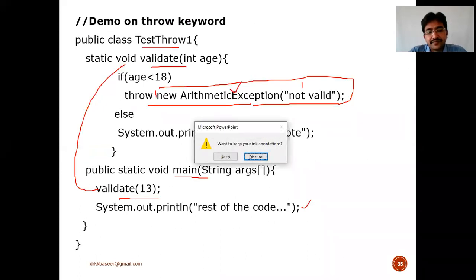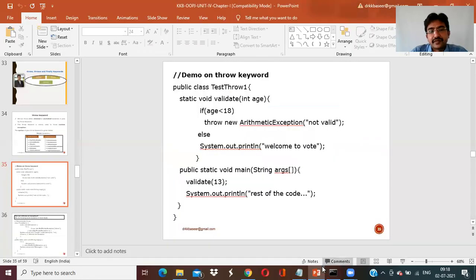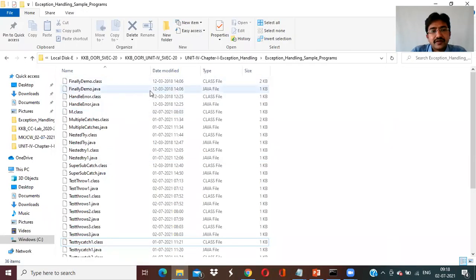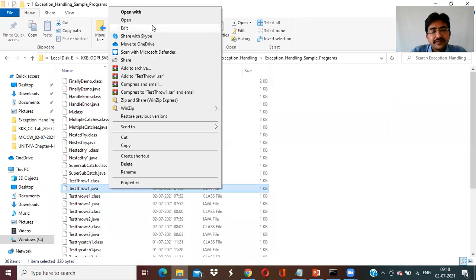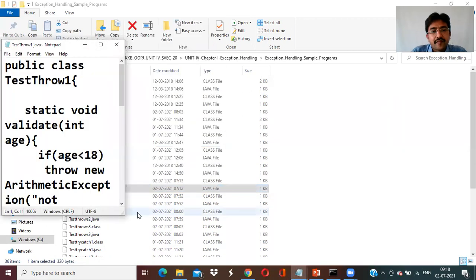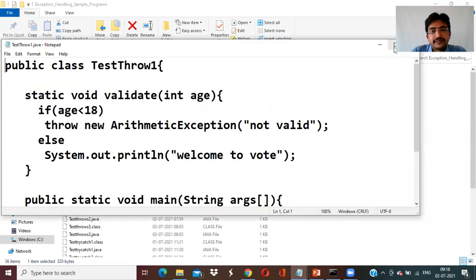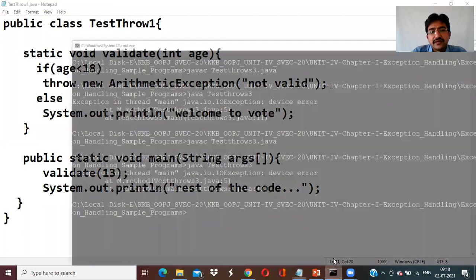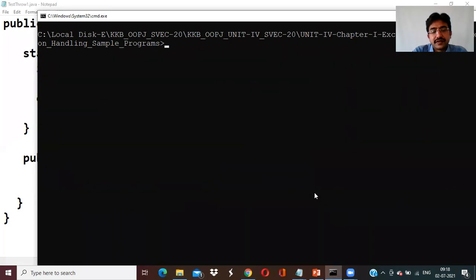Execution of this program. So TestThrow1, this is the example. Same example over here. Now I'm going to the command prompt. javac, what is the name of the program?